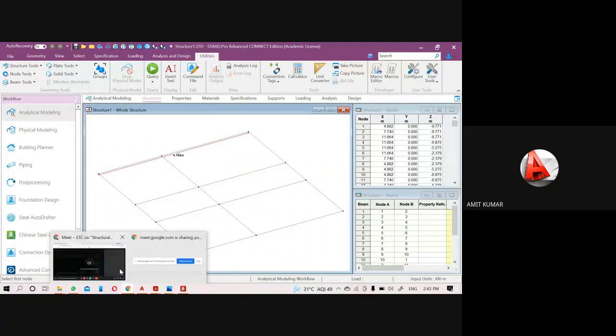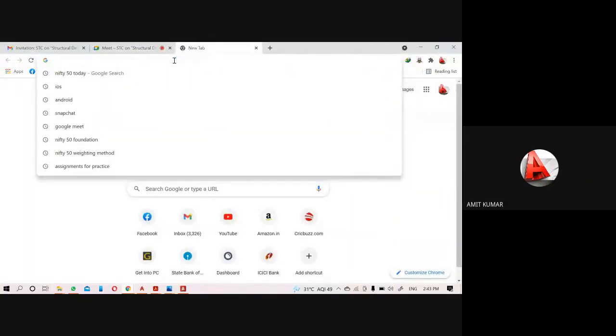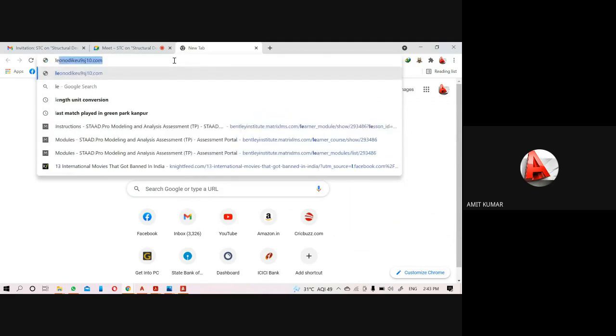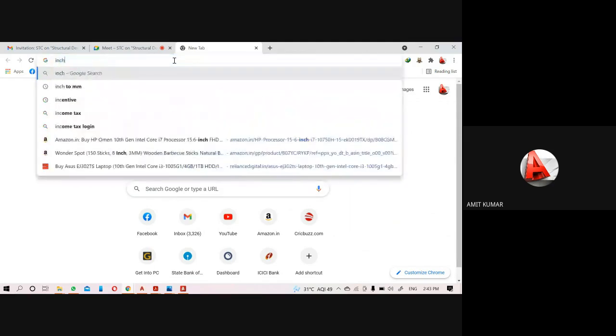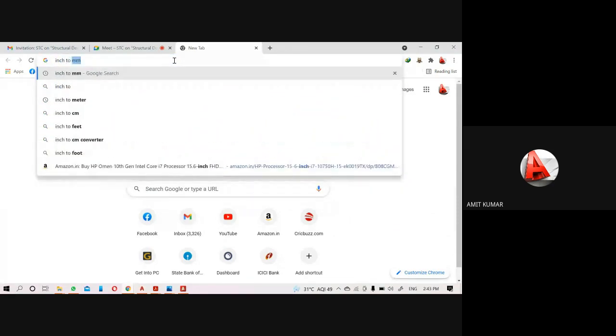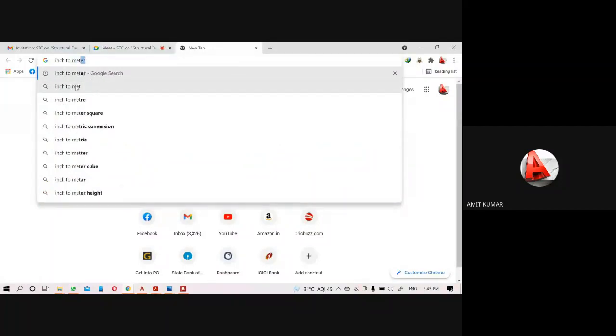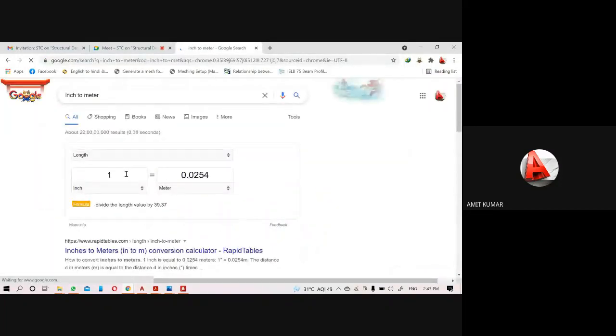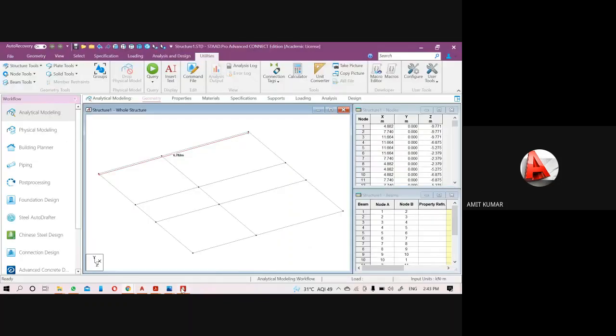So now I will verify. Come to the conversion, length conversion, inch to meter. Just write the inch value, that is 267. So it is 6.7818 meter, and we can check it here: 6.782, that is the round off value. So you can check that 267 inch is equal to that in meter.